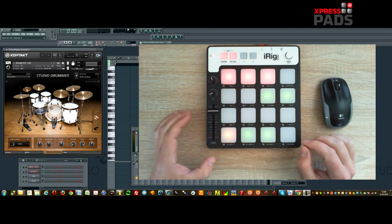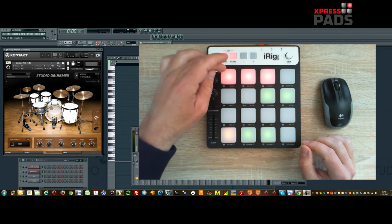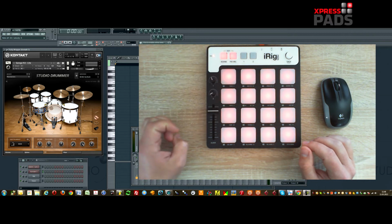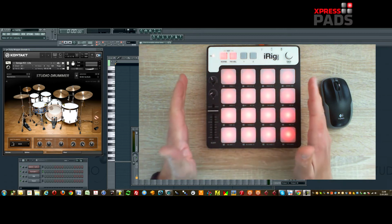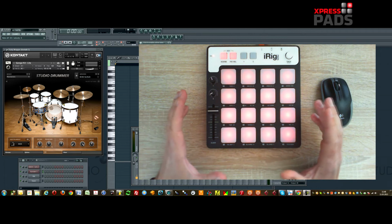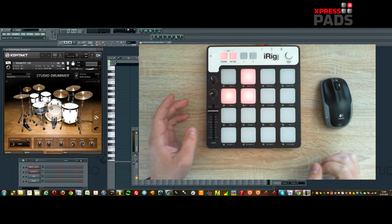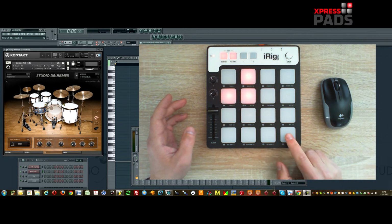Now let's go into the pad editing mode, and that's accessed via this pad here, so while you're in edit mode. So now you say you want to edit a pad. Once you've pressed that, all pads light up, and that just means you need to select the pad that you want to edit, right? And in this case I want to edit this pad, which will be our bass drum,